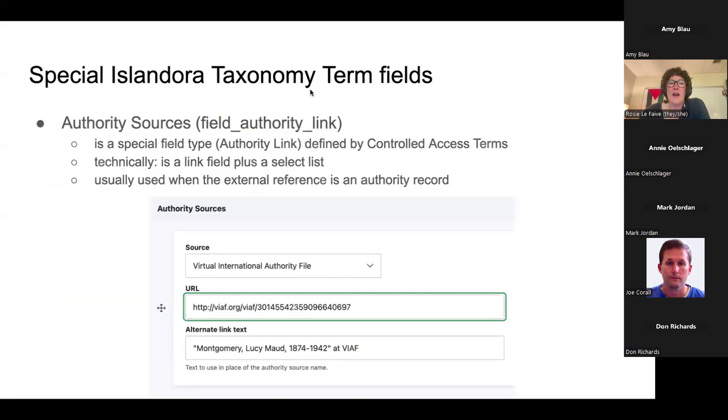All right, and we have a couple of special term fields that are special to Islandora. The first one is called authority sources, and you might see this in some of the vocabularies like person and corporate body and subject. This is another special field type defined by controlled access terms. It is a link field plus the select list. So it's kind of a different flavor of the typed relation field, where it's kind of a typed link, if you will. These types are configurable per field, and it's often,